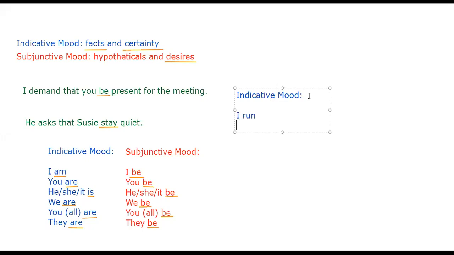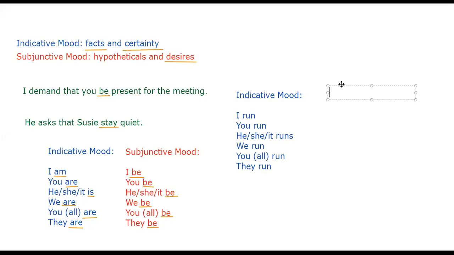I run, you run, he, she, it runs, we run, you all run, and they run. So that's that one. And for the subjunctive mood, it would be